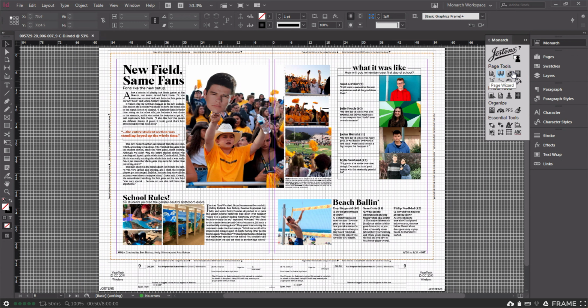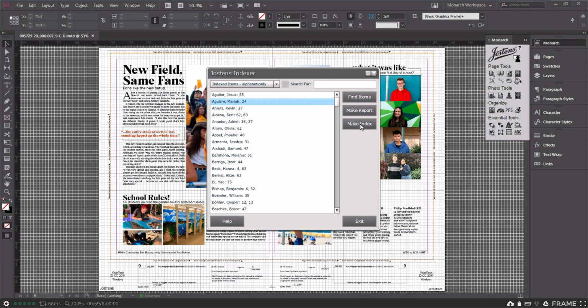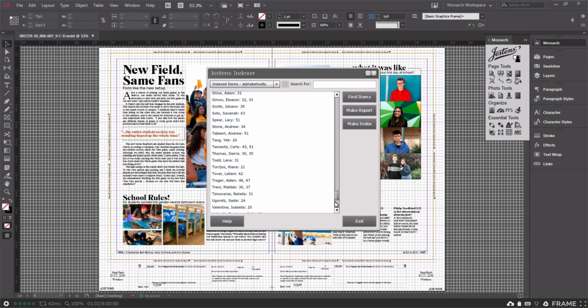You'll notice there's the first row of icons on the page tools. We're going to go down to the indexer, which is the second over on the second row. So you'll see there's a bunch of names. These are all names that have already been indexed, and this list is gonna get a lot bigger after we